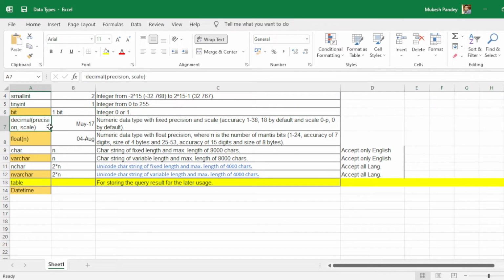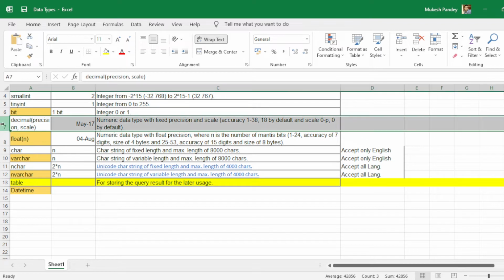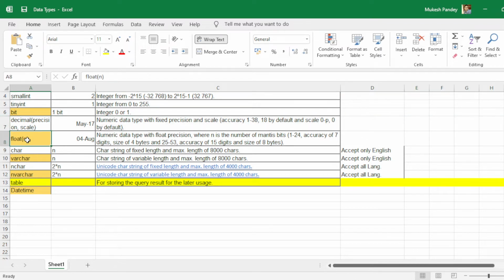Now the next data type is the decimal data type. Okay, so basically what is a decimal value? If you are inserting a decimal value, for example in a salary column, you can use the decimal data type. And in place of decimal you can use float also. So the float data type is basically used to put data in the form of, like, 1234.678.